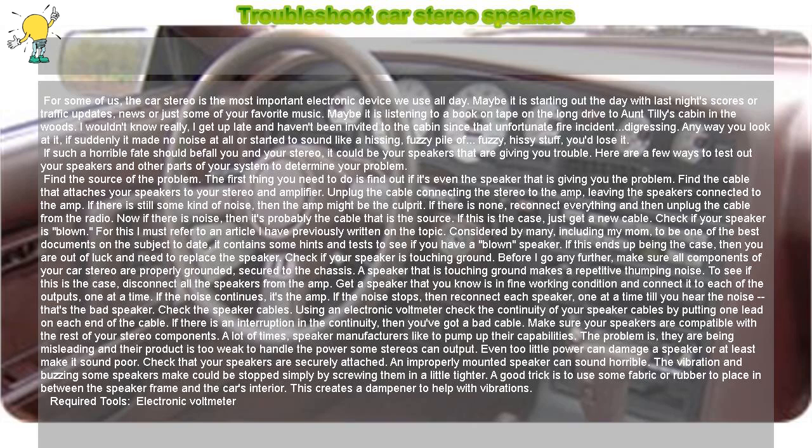A good trick is to use some fabric or rubber to place in between the speaker frame and the car's interior. This creates a dampener to help with vibrations. Required tools: electronic voltmeter,